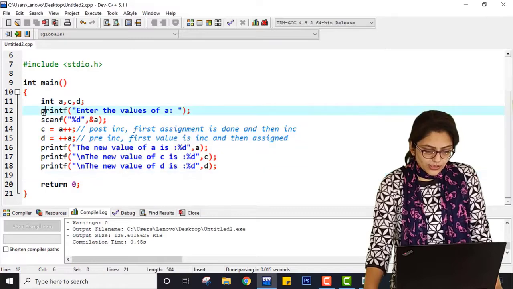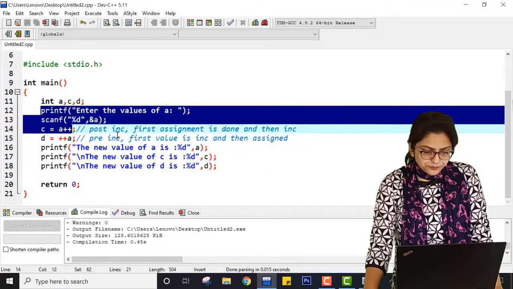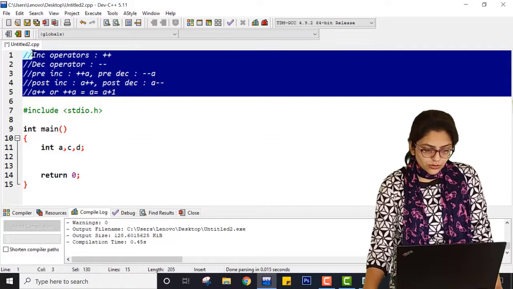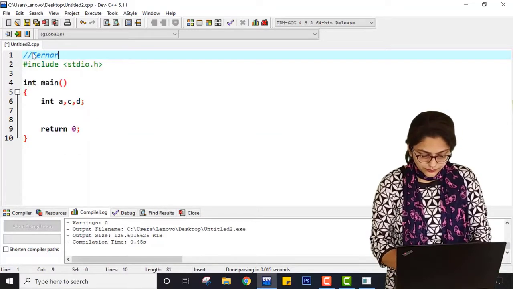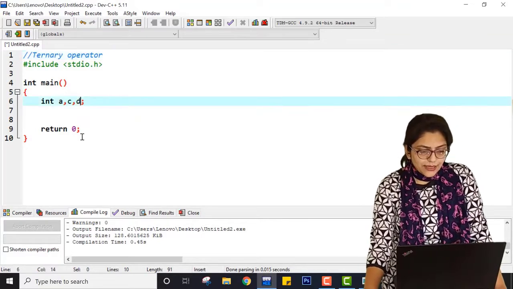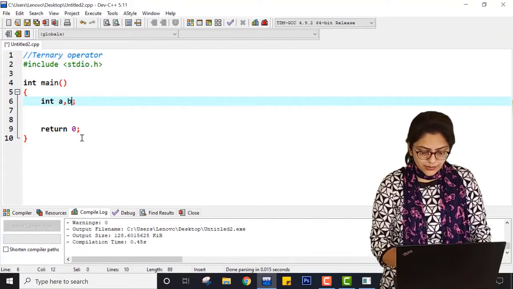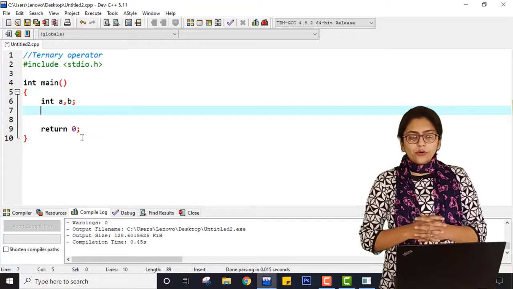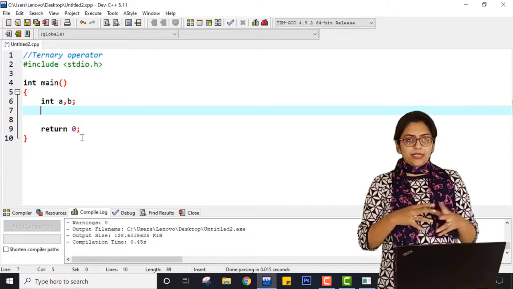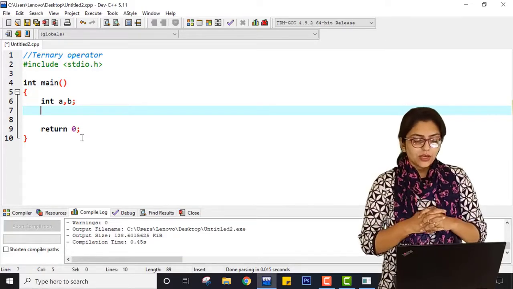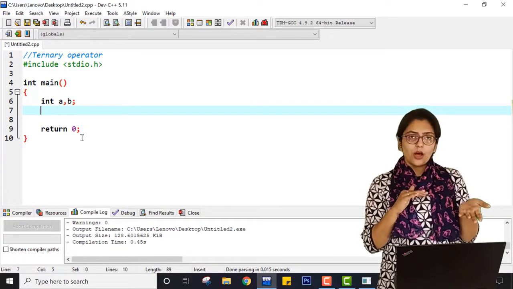Now last but not the least, I would like to explain the ternary operator. For the ternary operator, I am taking three variables, A, B and C. I want to check whether A is greater than B or not. I am not going to check an equal to condition, I am just checking greater than or not.